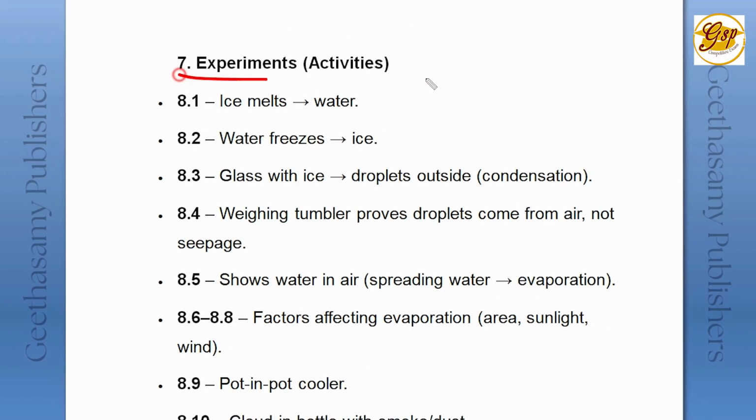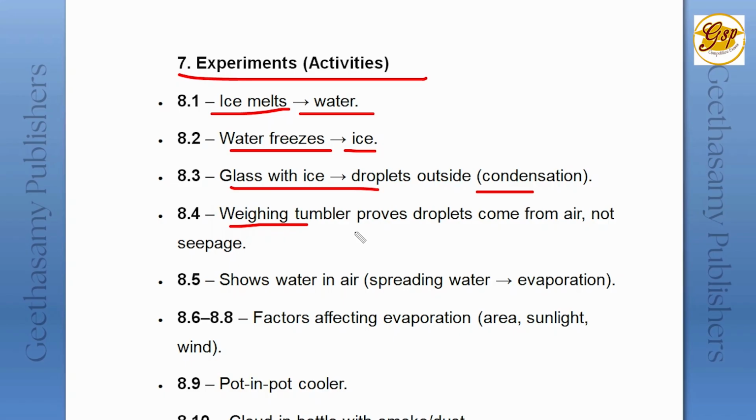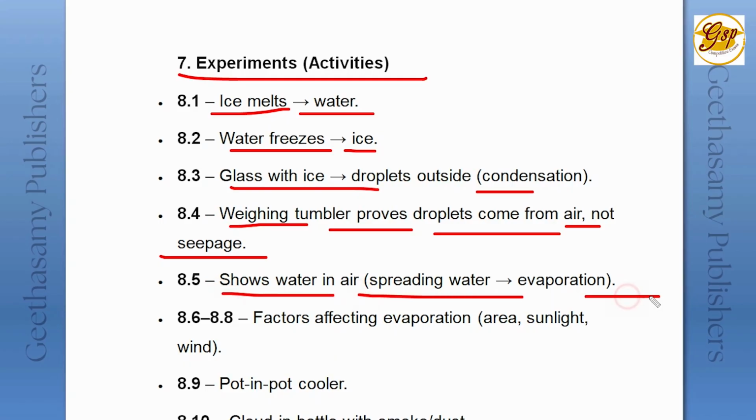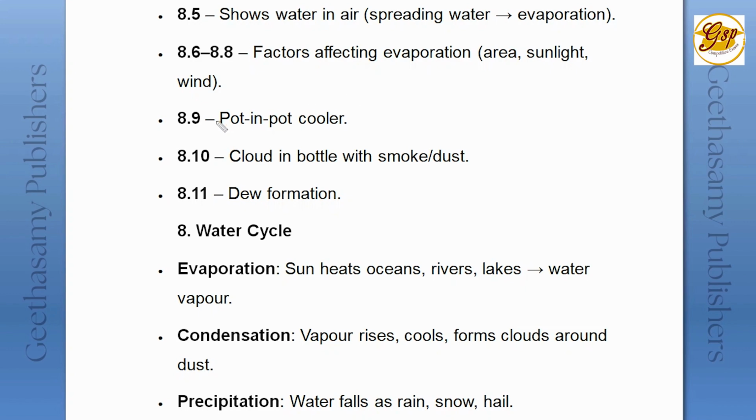Then the experiments also, like ice melting, water freezing, and a glass with ice showing droplets outside, and a tumbler providing droplets, showing water in air, that is the spreading of water in the air in evaporation. Then factors affecting evaporation, that is area, sunlight and wind; and pot-in-pot cooler, and cloud in a bottle with smoke or dust, and dew formation; and then